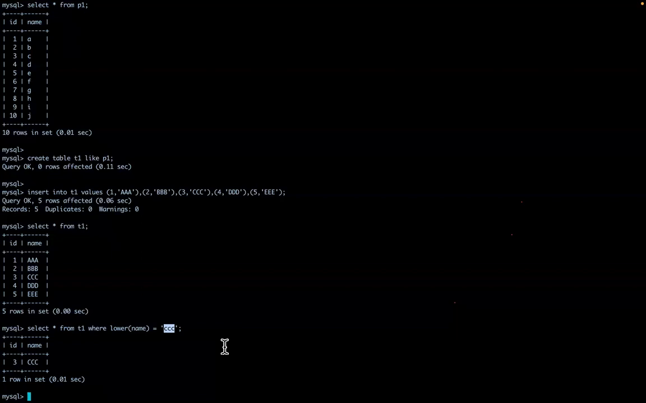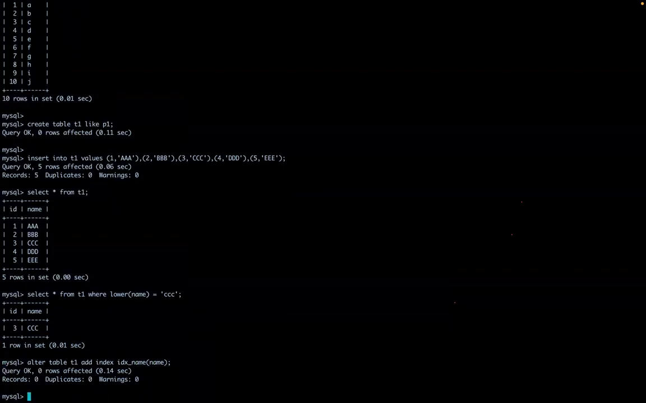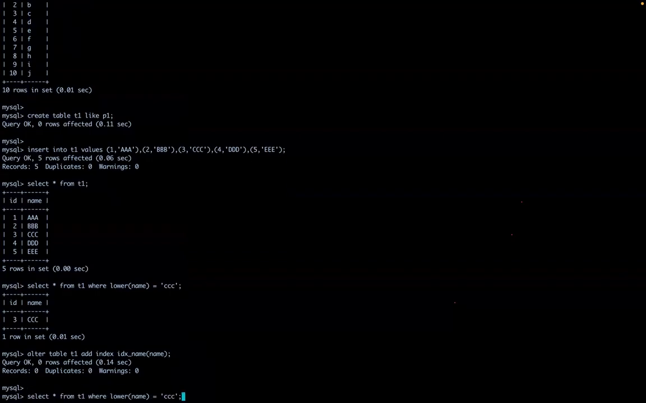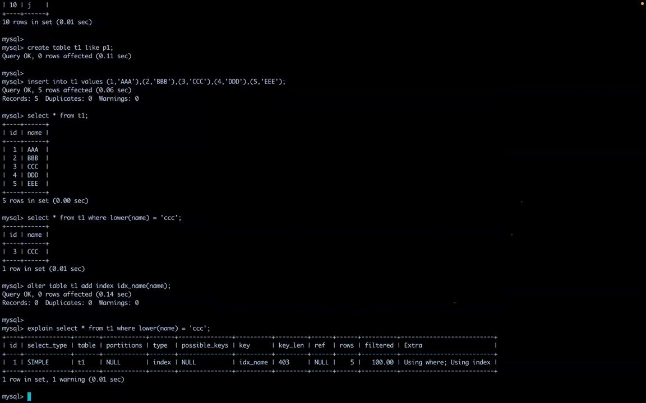But here, what it will decide whether we need... and one more thing. Now let me add: alter table T1, add index idx_name. I am adding one index to this column, the name column. If I do the explain plan for this, you can see this index is getting used, but